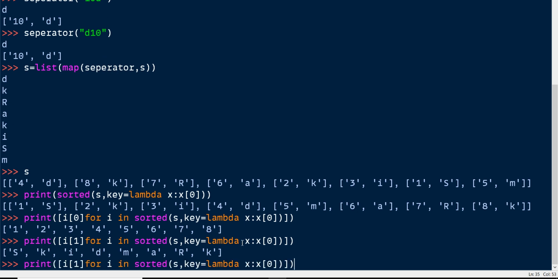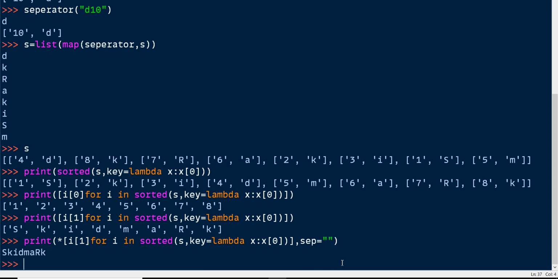We can do something like mentioning star here, and also comma separation equal to no space. We get skid mark this way, and also we can do something else. Instead of this star and comma separation, we can do join.